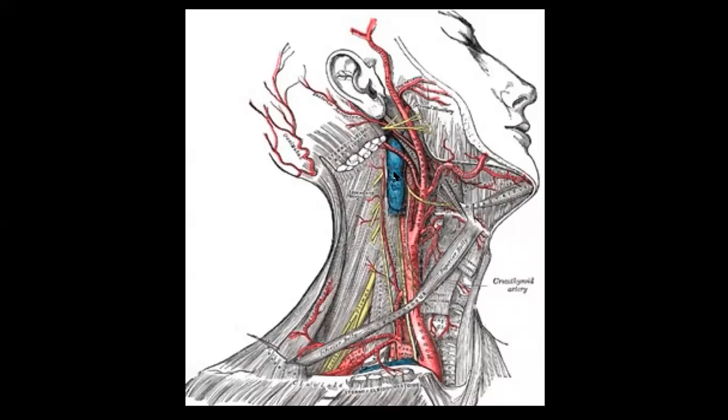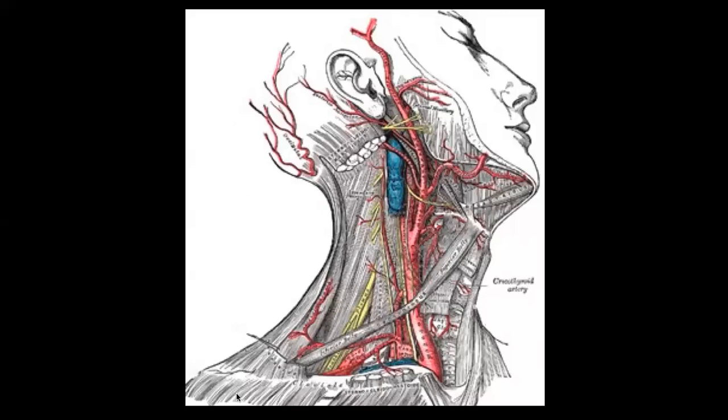You need not write how it is formed and its tributaries. What you have to remember is the internal jugular vein comes out from the cranial cavity through the jugular foramen, and it passes within the carotid sheath adjacent to the common carotid and internal carotid arteries,